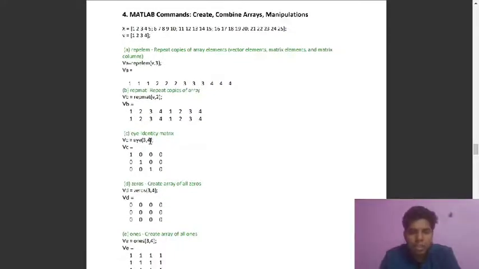And the second part b is repmat. So we are repeating a matrix. The whole matrix will repeat as many times as we give as the second argument. Okay, so we are giving v as the first argument, second 2 times, so it will repeat the matrix 2 times.